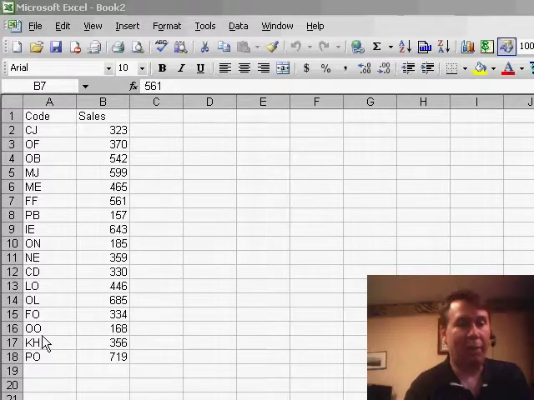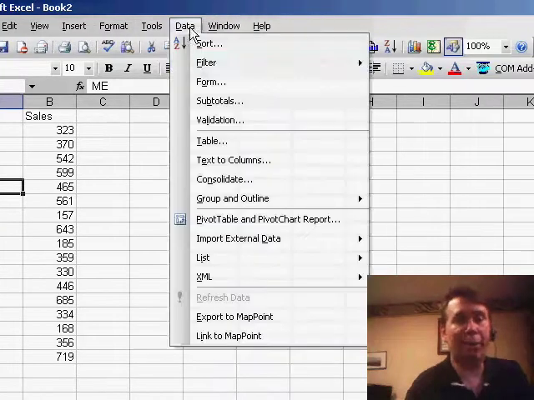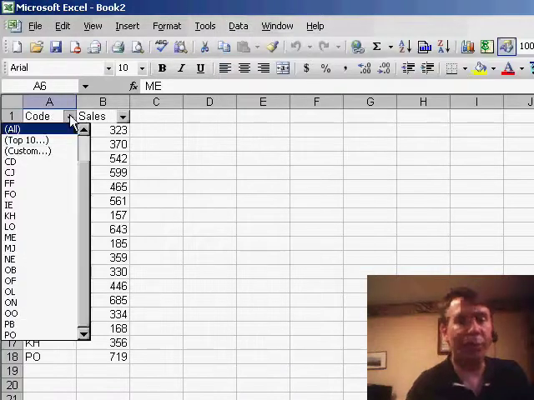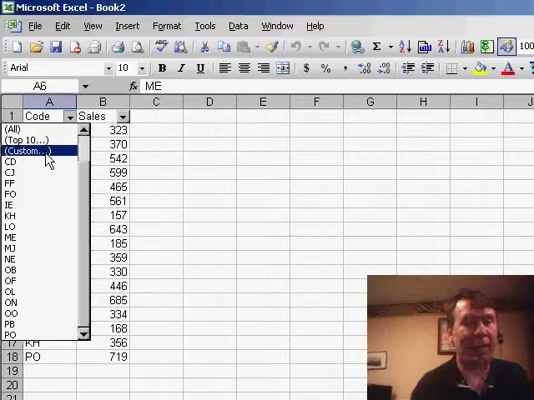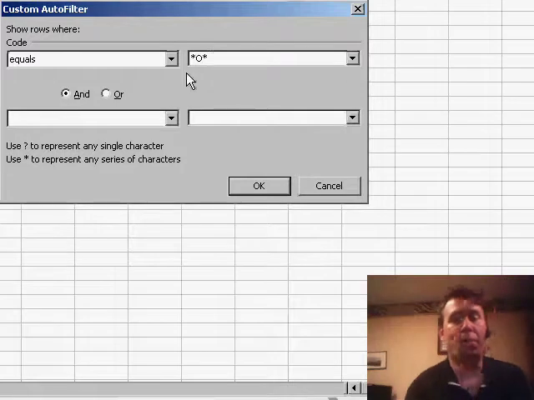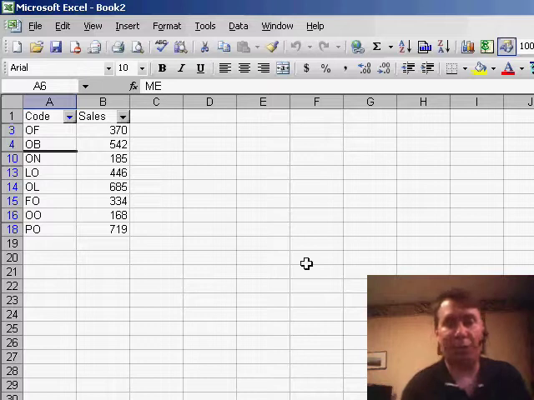I have a data set with a code and some sales, and I want to find all of the sales where the code contains the letter O. So we use Data, Filter, AutoFilter to turn on the AutoFilter, and normally we'd be able to pick a single code from here, but instead we're going to use Custom and say that we want where the code equals star O star. Click OK, and sure enough it gives me all the line items with just an O